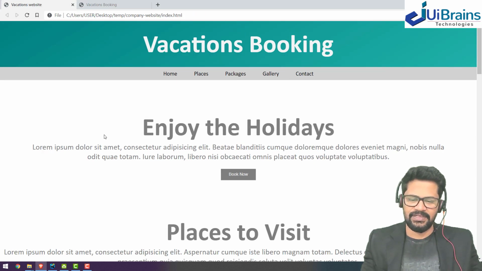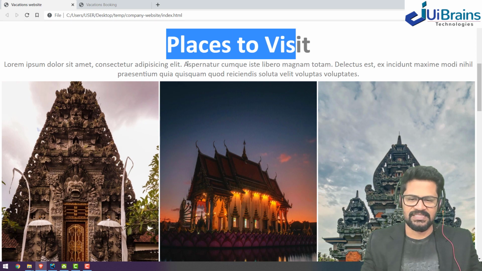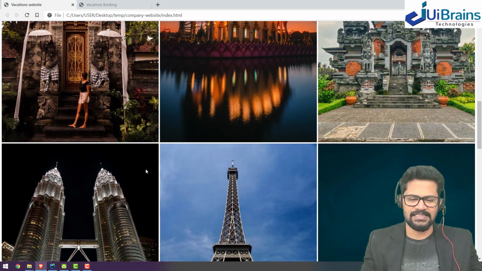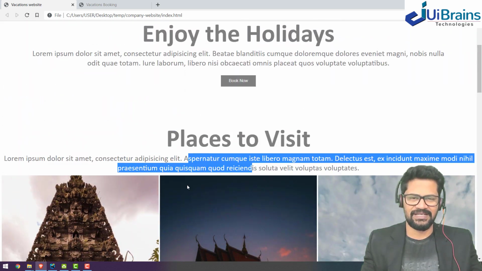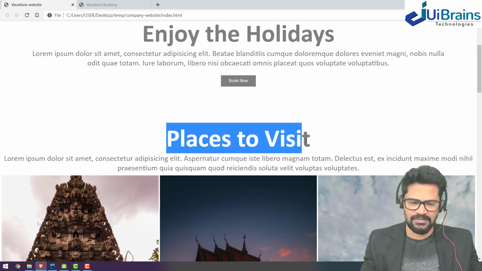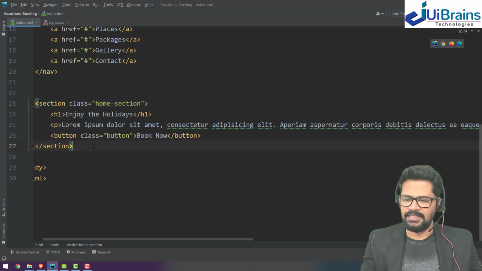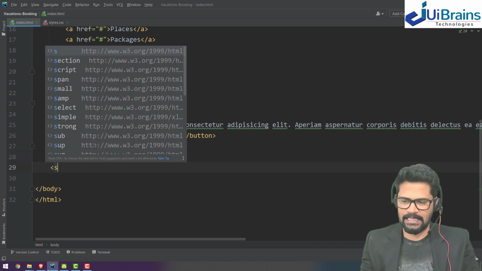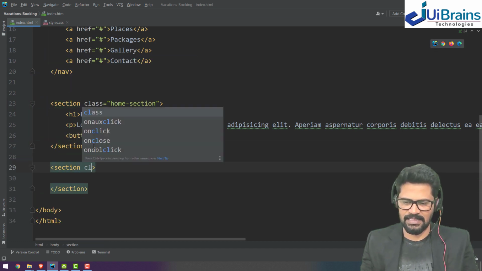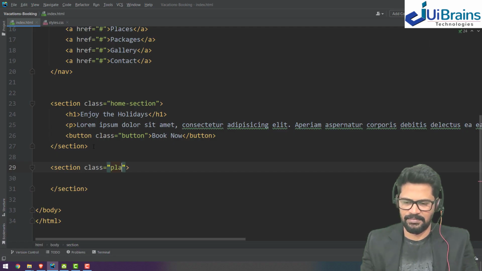So next, let's jump into another section, places to visit, and we have a paragraph and just 6 images. It's a very simple section. So let's start. Now back to HTML. Here I'll add another section with the class called places section.